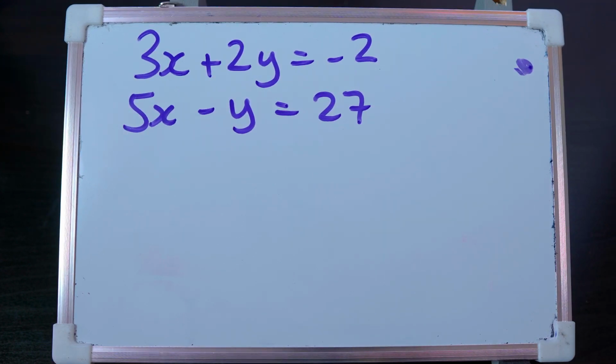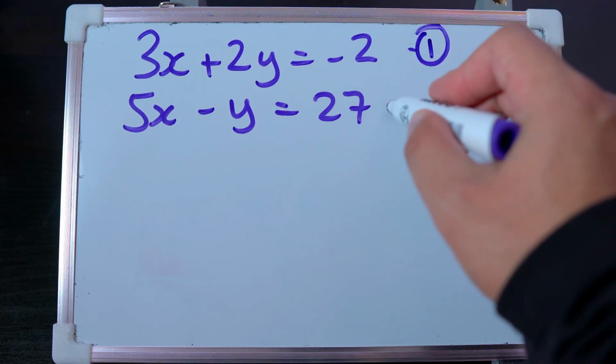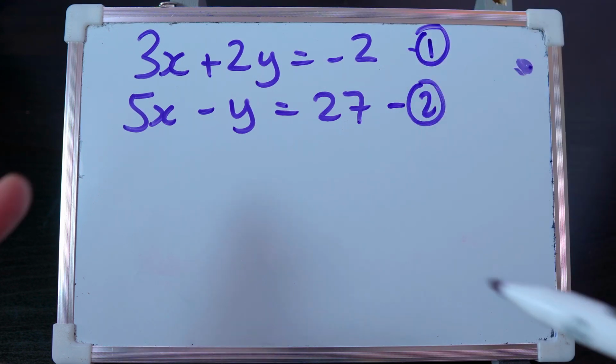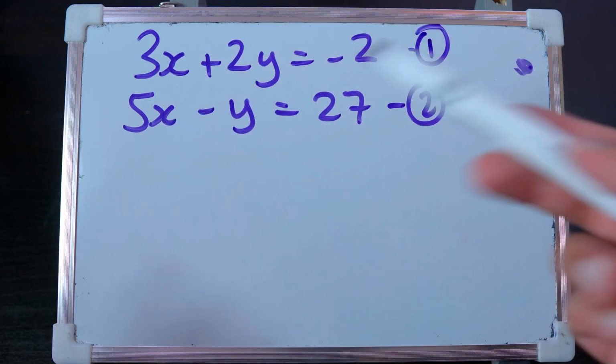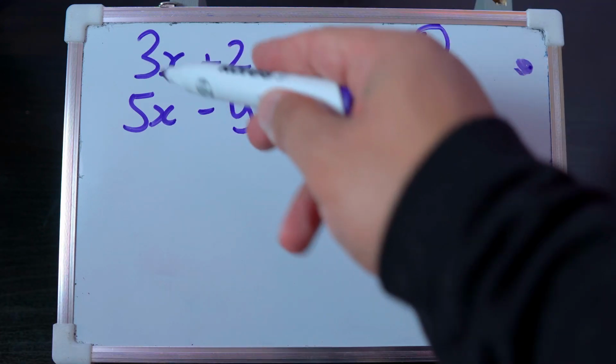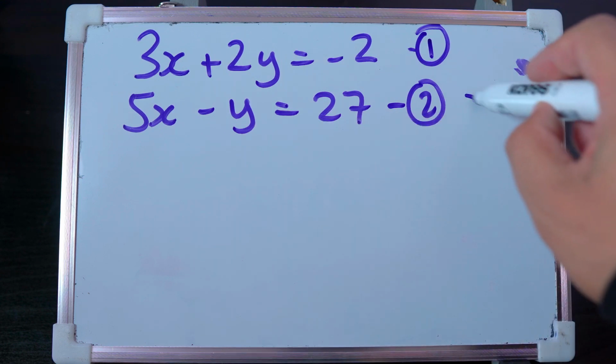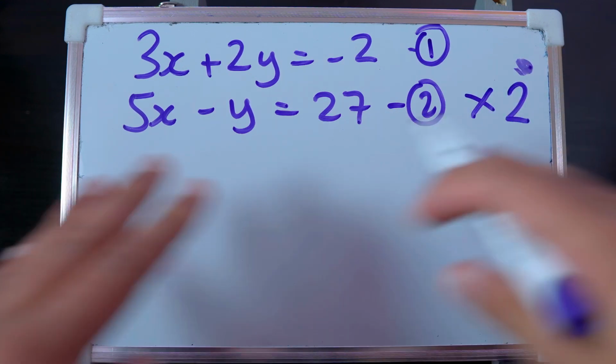So, if you look at this one, let's label these equations 1 and equations 2. Is anything the same here, son? No, Dad, nothing's the same. I'm sure you're going to have to do something to eliminate. Okay, well, we need to make one of these variables the same, okay? So what I'm going to do is take equation 2 and multiply the whole thing by 2, okay?